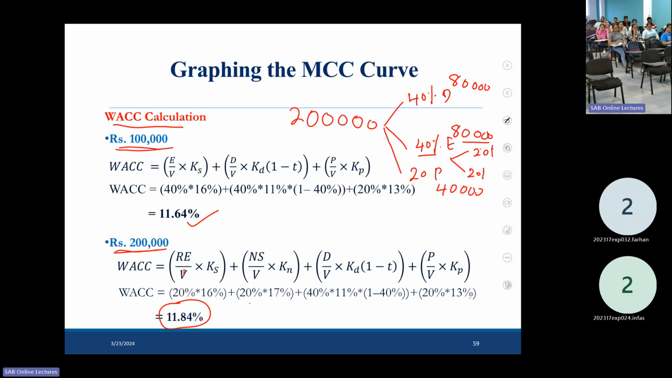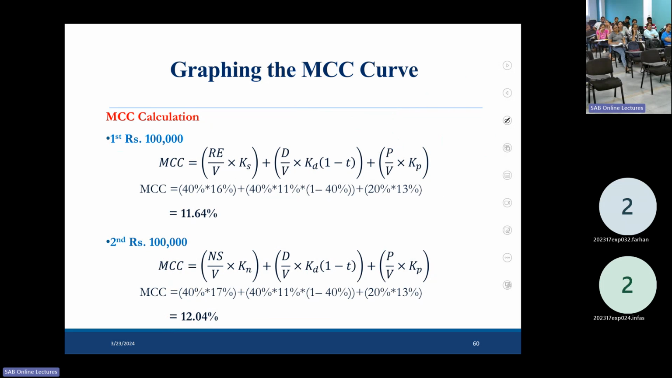So what is the MCC? Marginal cost of capital is the weighted average cost of capital of a new capital issue. Now here there is a new stock issue with this requirement. So then what is the MCC? You can see for the first 100,000, MCC and the WACC are both the same. For the next 100,000, the additional 100,000 you raise now,